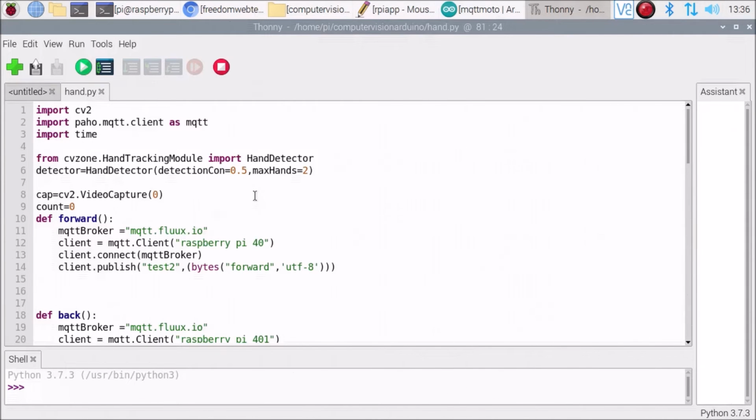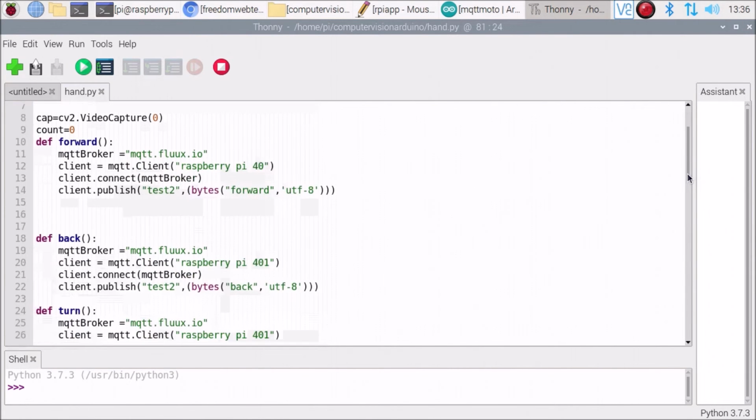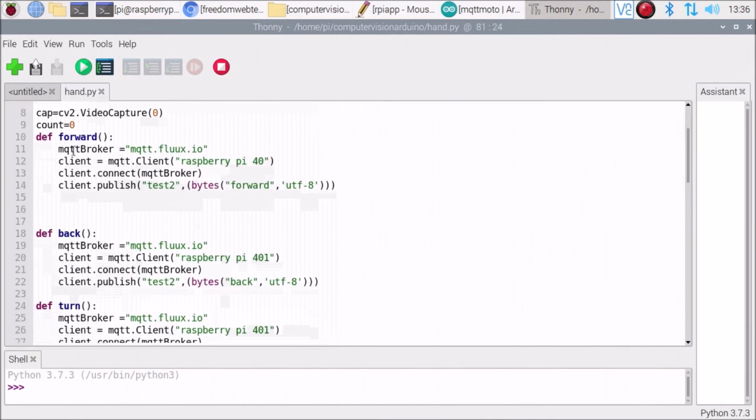So I have already created a video on how we use the cvzone for hand tracking. I'm not going to explain all these things again, so watch the video. I will mention the video link, and you will get the basic idea of how to use the cvzone for hand tracking. Here, as you can see, I have created a forward function, and the same server which we want to mention, because our Raspberry Pi 4 is basically the publisher. So same server,